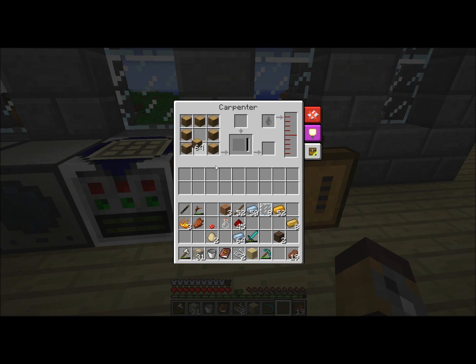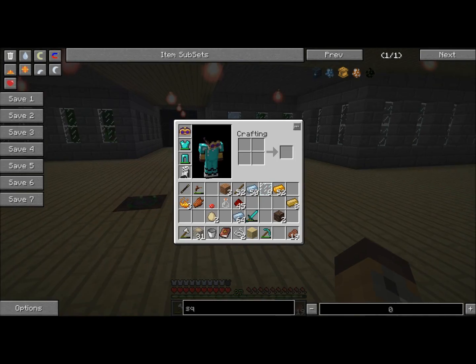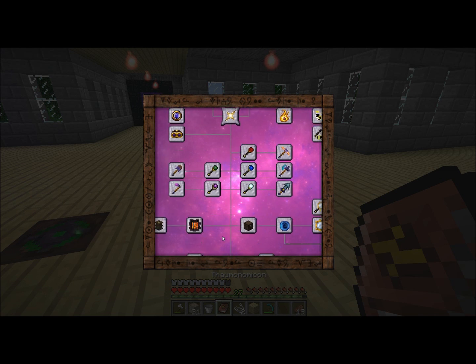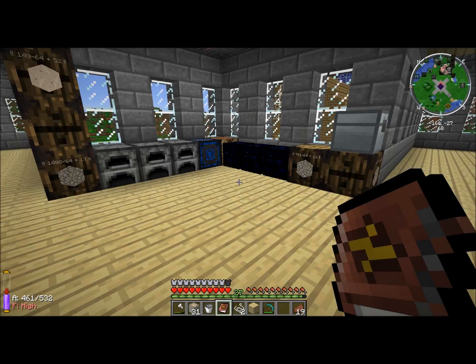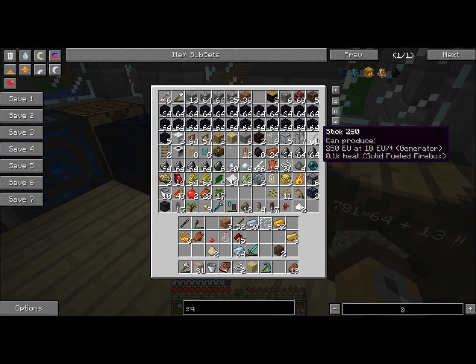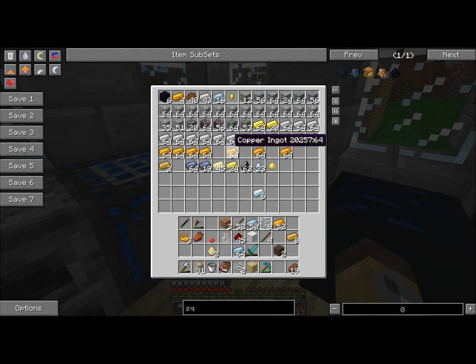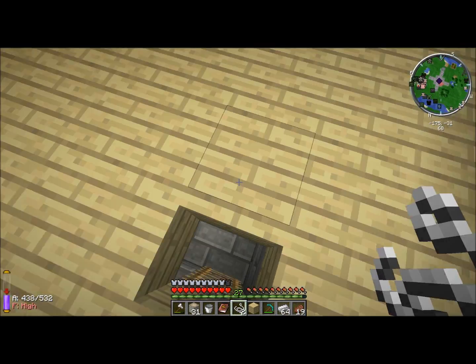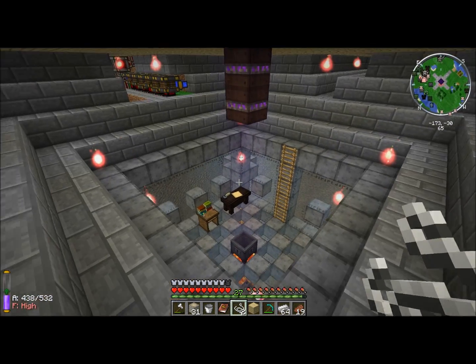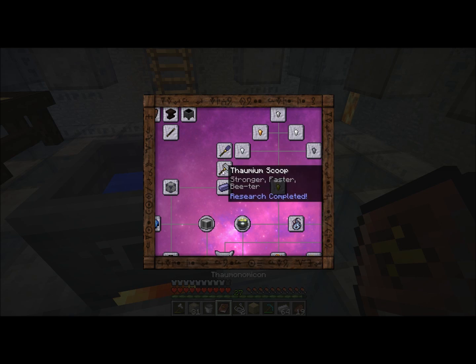So basically, it requires seed oil, which is being crushed now, but in the meantime, we're going to make two things that will be involved with the bees. First, a thaumium scoop, which will require 4 sticks, 1 wool, grab some iron, our bucket, a wand, and then we're going to make 4 pieces of thaumium. The reason we're making thaumium is because there are mundane equivalents to this, but the problem